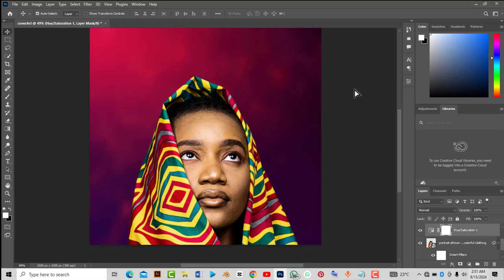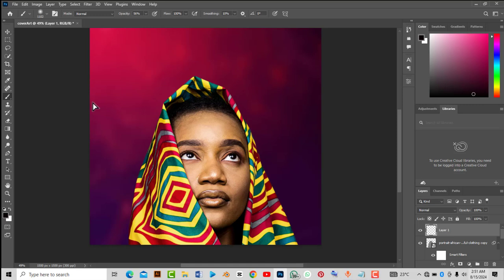So what I'm going to be doing now is to add light to this. To add light to this, I'll just come down here and create a new layer first. Then when I create a new layer, this layer should go above, so I'll bring it here. Okay, so when I create a new layer, all I need to do is to